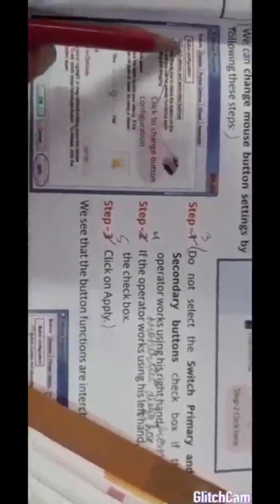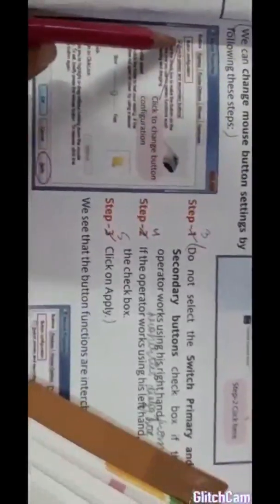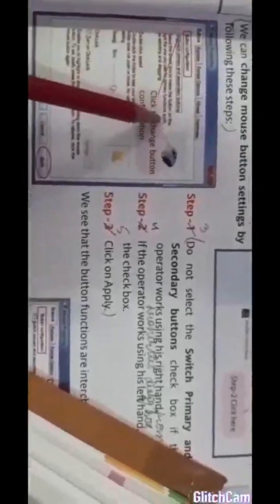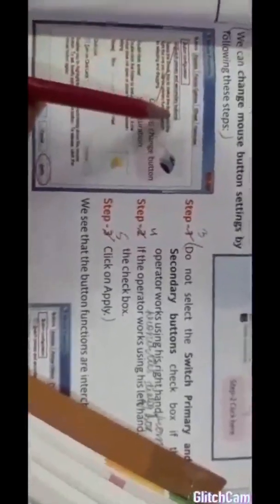If a person is right-handed, it's okay, and there is no need to put a tick on this checkbox. But if a person is left-handed, we have to click on the option Switch primary and secondary buttons. When we click on this, the primary button will convert into secondary